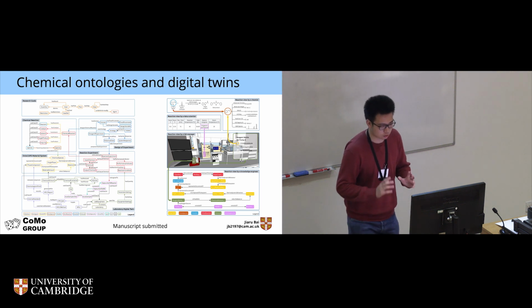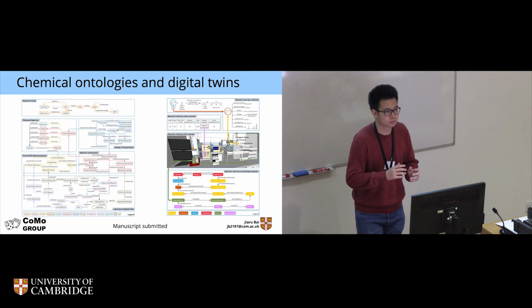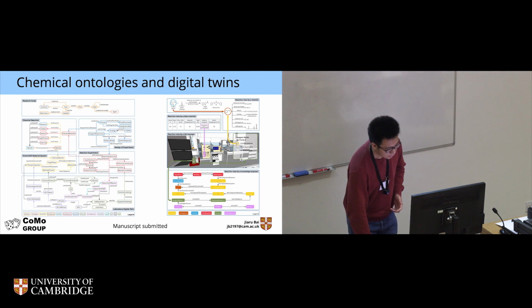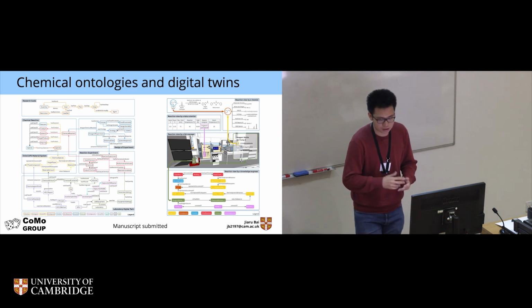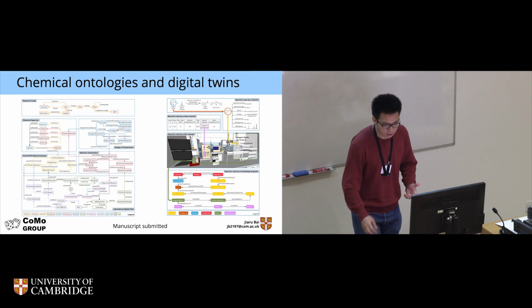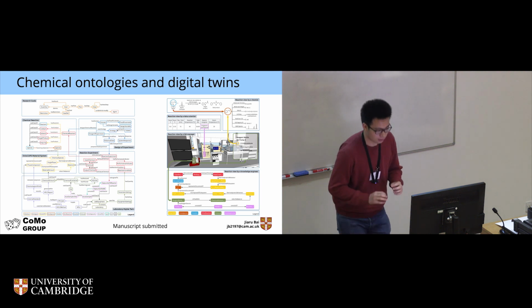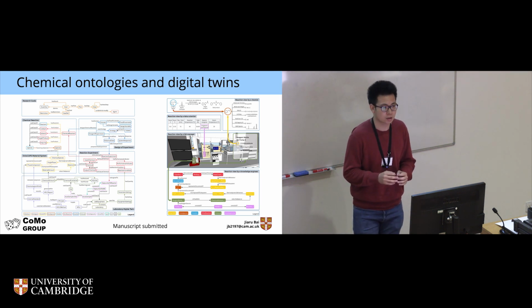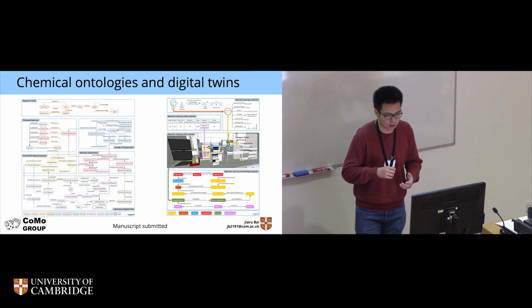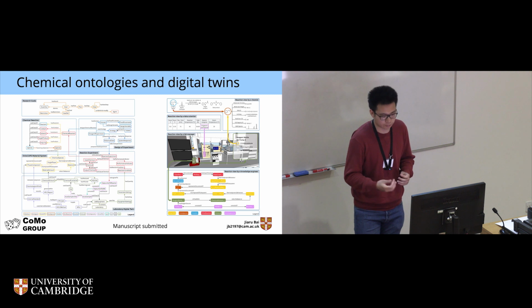But the beauty of the knowledge graph is that they are all connected. So we're bringing the knowledge from different domains into one place. And with that, we can instantiate the things that we know in the lab. At the bottom here, you can see a snapshot of the triples, the things that actually exist in the knowledge graph. And on top of that, you can pull the information that will be of interest to different